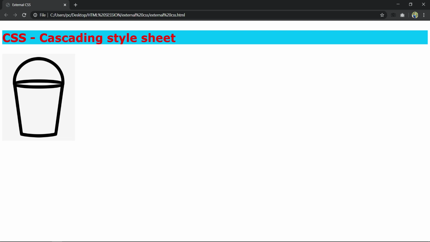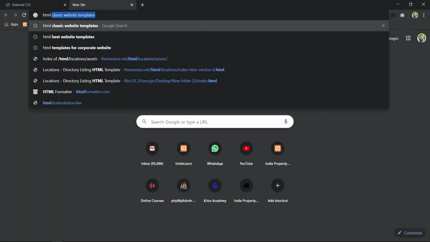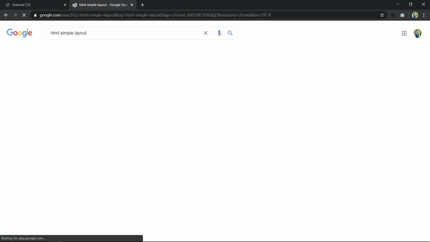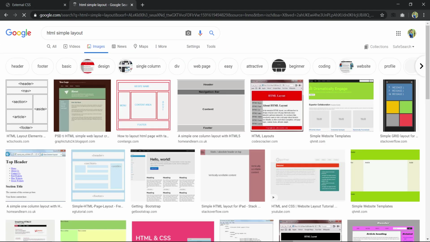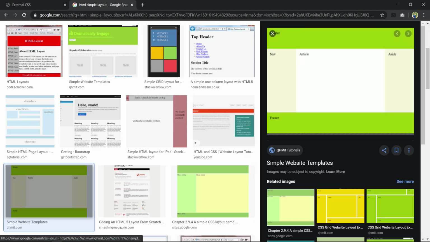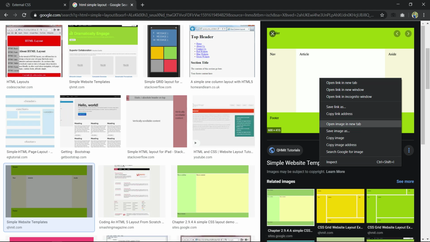You can now take any html template and design a simple layout. You can pick any one of these. Try to complete and create this.